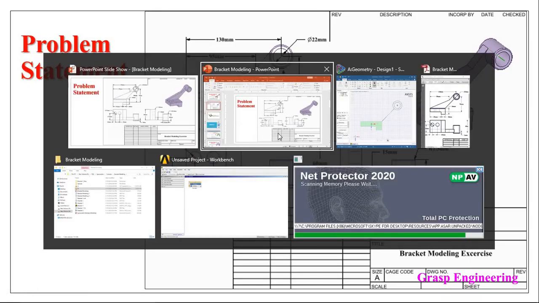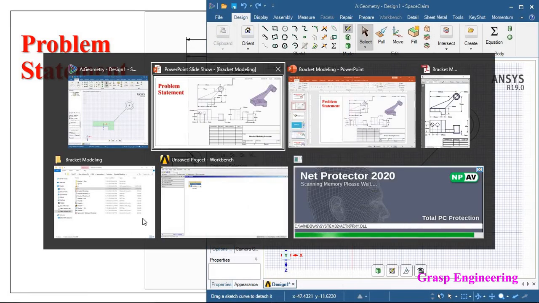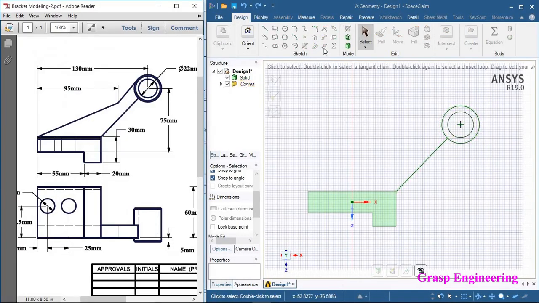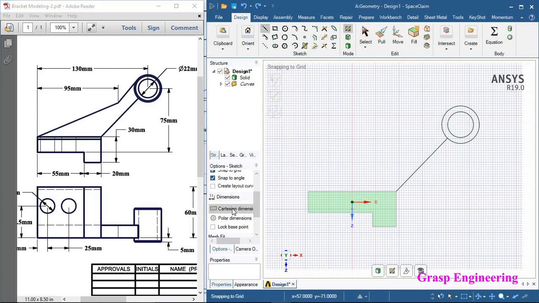Okay, so let's go to our problem. Let's create a line at a point from this reference. So let's enter 40, then tab, enter 95. You will get a point.